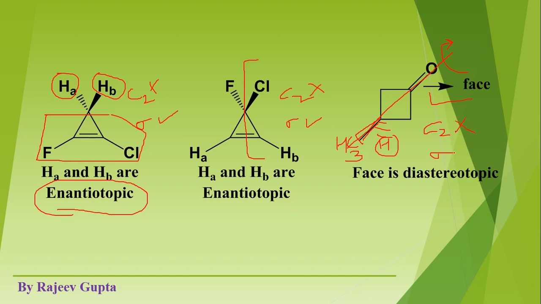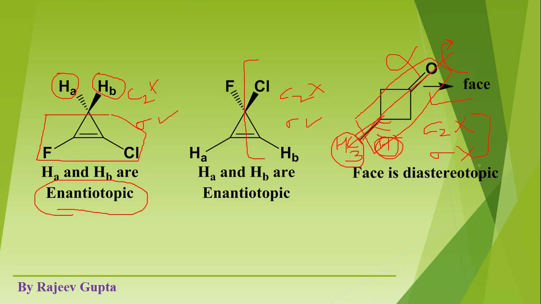Now we apply a plane of symmetry, sigma. Which plane? The plane which forms a mirror image of these two faces. So this is the plane. Suppose we apply this plane. So see, at this carbon atom, at wedge a methyl group is present, but at dash a hydrogen is present. So these both could not form mirror images because both are different groups. So here this plane of symmetry also is not present, sigma not present.